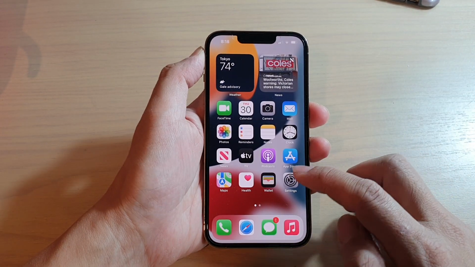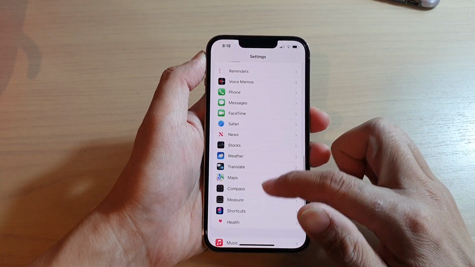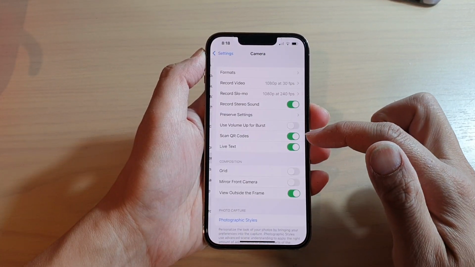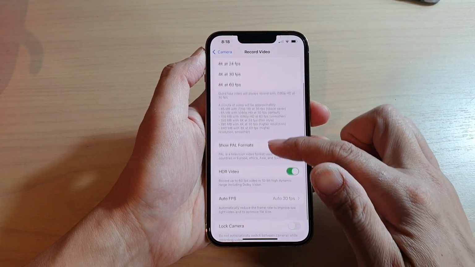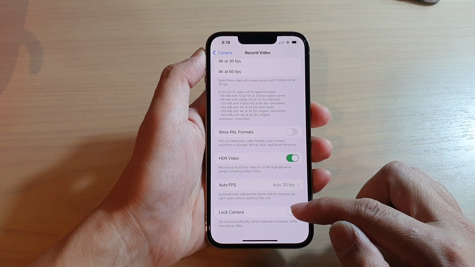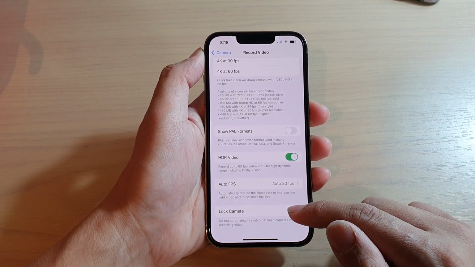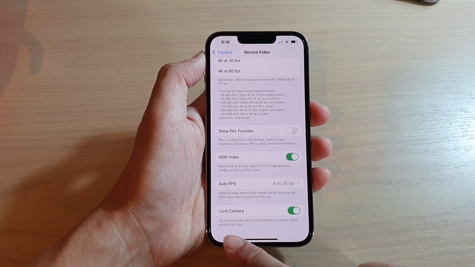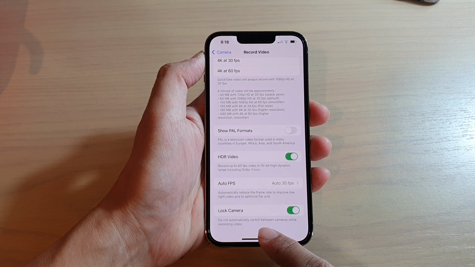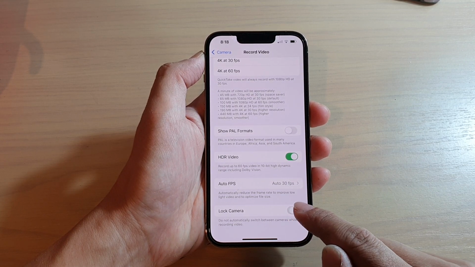On the home screen, tap on settings, and in settings go down and tap on camera. Next, in camera, tap on record video and go down to the bottom and tap on lock camera switch to turn it on, or tap on the switch to turn it off. If it is on, then it will not automatically switch between cameras while recording video, so you can turn this one on or off,